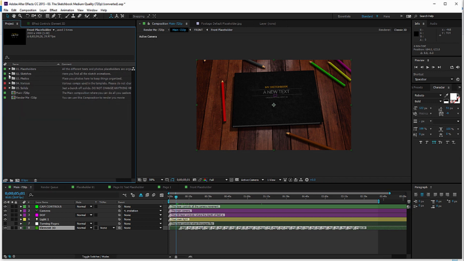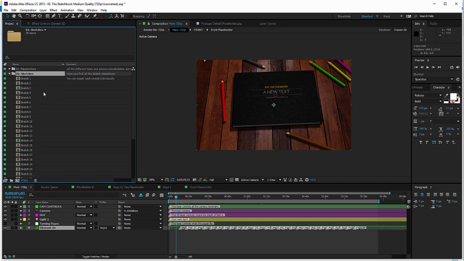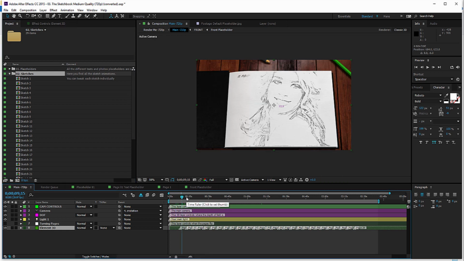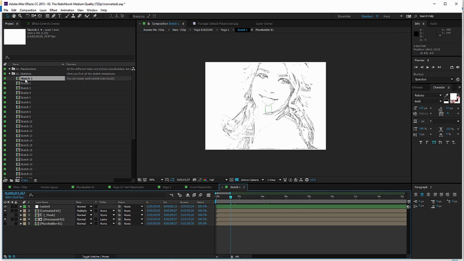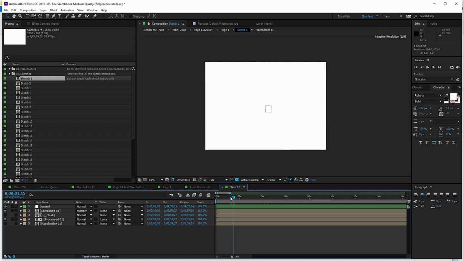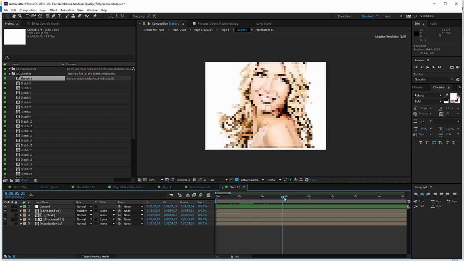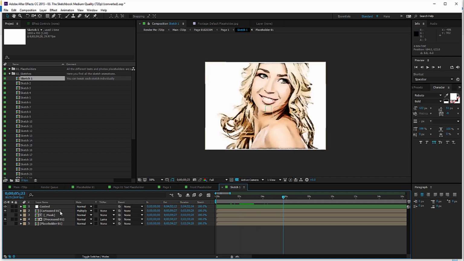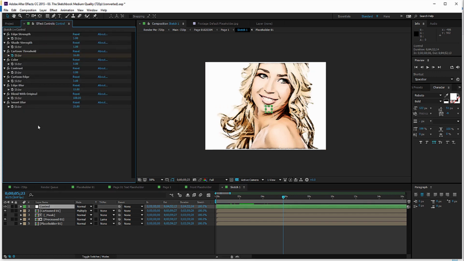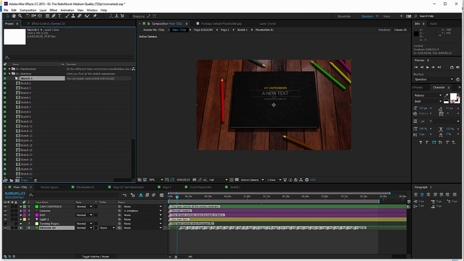Next up are the sketches. The animation that you see here, the sketch, is basically this comp. So if I open this one up, I can see the sketch. It goes from white to a sketch, and if we go further, it is colored in. There is a control layer here with some expressions to tweak this, but I will talk about that a little bit later. If I go back to the main comp,